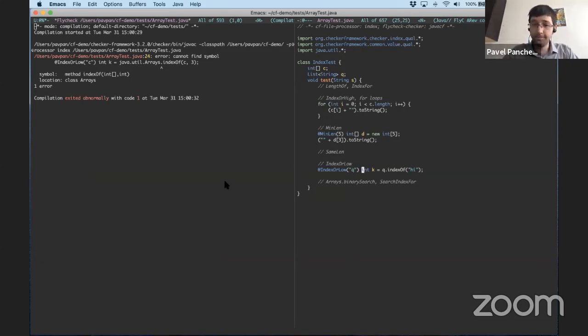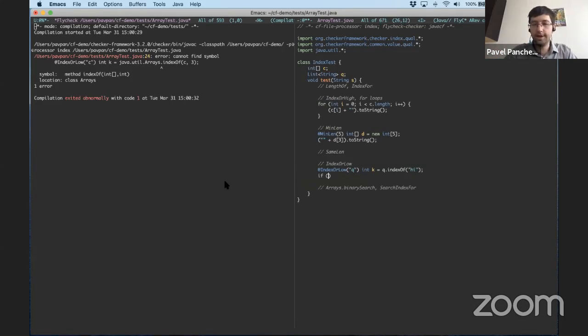Cool. So here I finally found something I can call index of. Thank you, William and Hao Chen in the chat. So I've created a list of strings. I've called index of on it, and that gives me a value of type index or low. And so what can you do with an index or low?